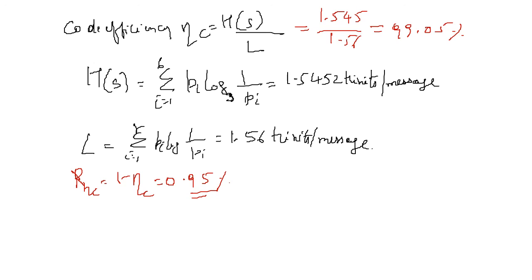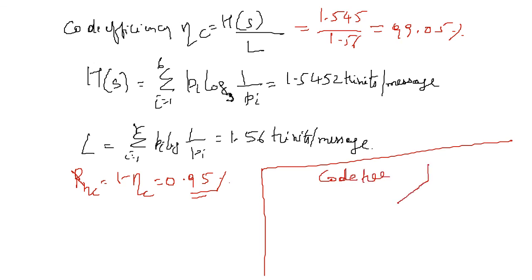The last part is drawing the code tree. So how will you draw this code tree here? Okay, so code tree, you start from a source node. Since you have 3 branches here, put 3 branches. So 1 will be 2, 1 and 0. So this is your initial node. So 2 is nothing but symbol S1, 1 is nothing but symbol S2.